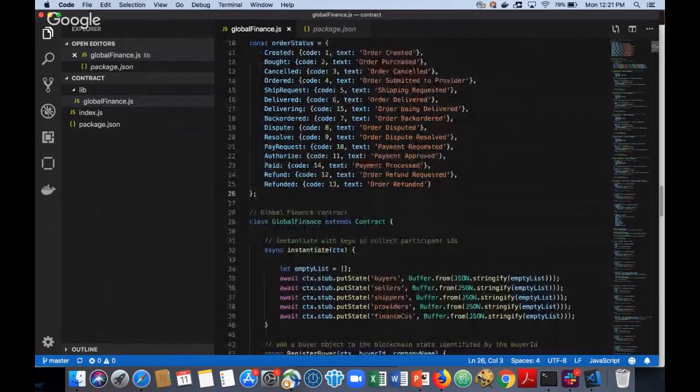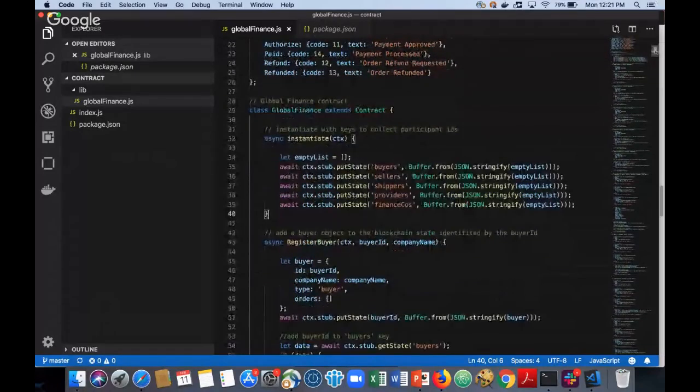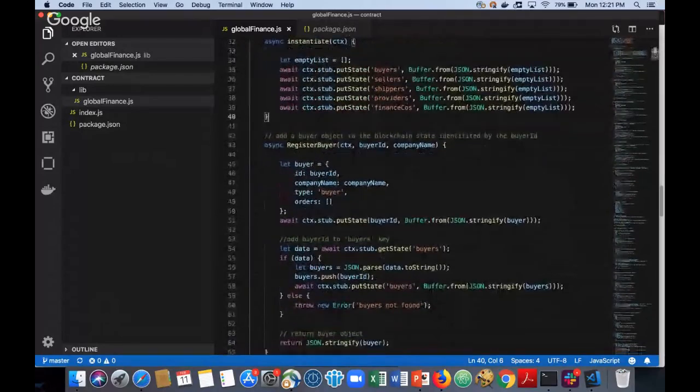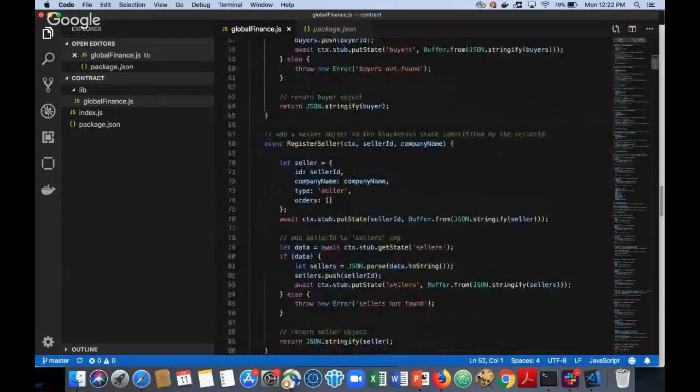So when we start our contract, we're going to create a key value storage to store the keys for our buyers, sellers, shippers, and all of our participants. This will get clearer as we launch the application. The next few transactions are registering a buyer, like registering our participants onto the smart contract, and we're creating this object with their ID, company name, type, and orders. When we're registering them, they don't have any orders. And then we're storing their key under this buyer's key, so we can retrieve them later. So it's a similar concept for all of these